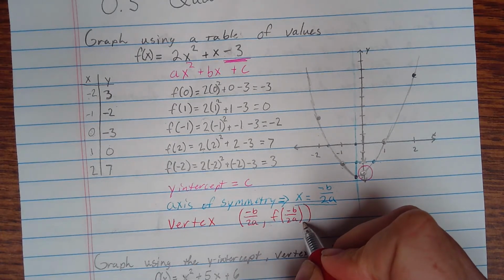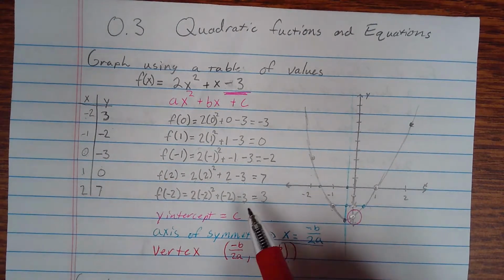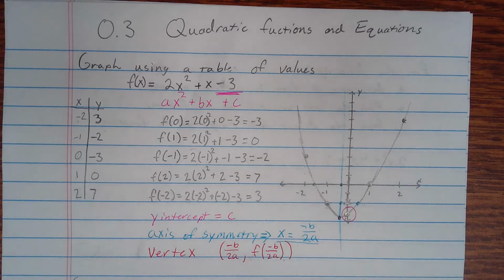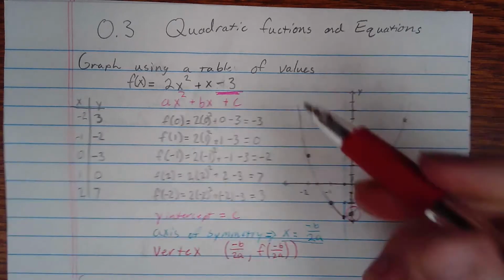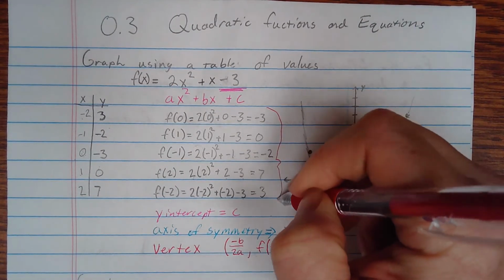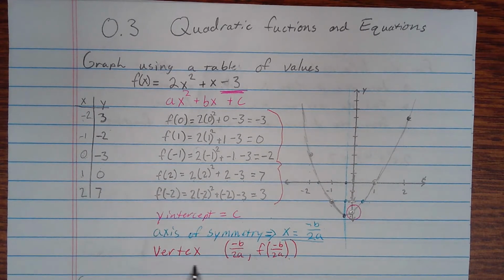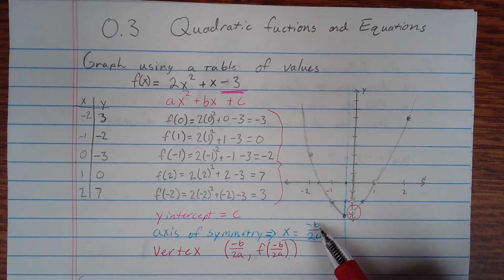Now, the nice thing about this is once I have the y-intercept, the axis of symmetry, and the vertex, I can start having enough points to graph this without needing to make a table. And this frees me up because I'm not doing all of this math. All this math can just go away. I don't need to do all that math, especially if I can find these properties of x and y, the properties of this function. Also, just to help you know that the vertex is not here, is over and not on there,